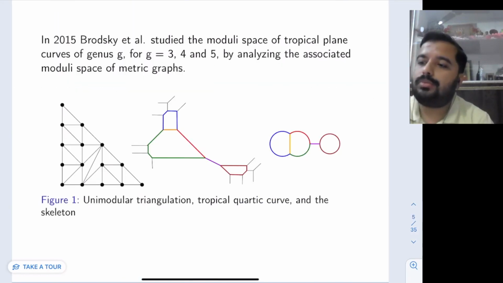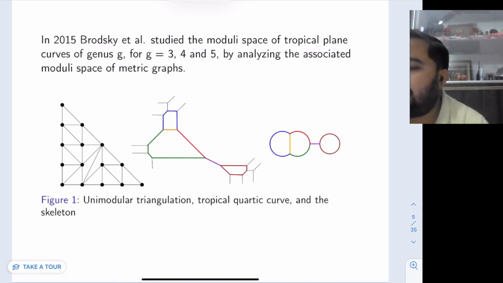So the work begins in this direction. One of the first papers was in 2015, when Sarah Brodsky, Michael Joswig, Bernstrom-Fuld, and Ralph Morrison studied the moduli space of tropical plane curves. So there is a moduli structure where, as I mentioned, there are these 3g minus 3 edges